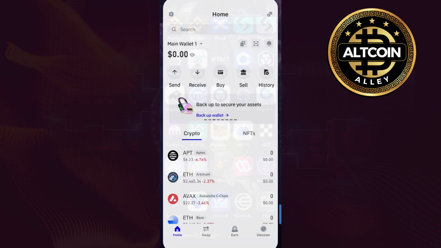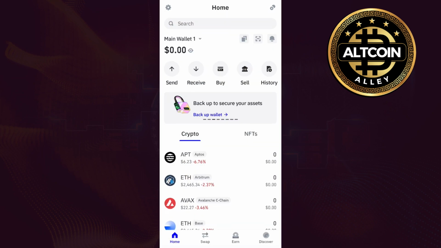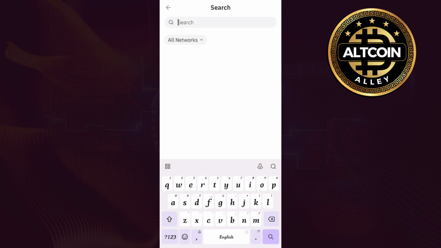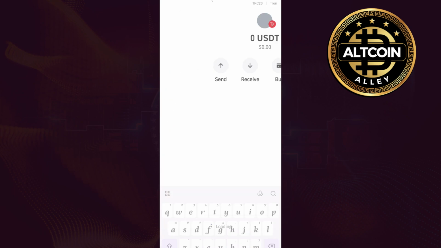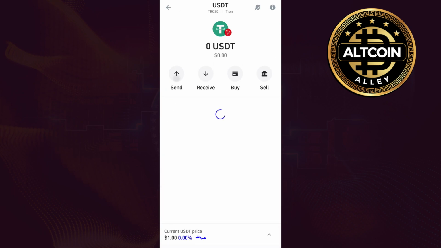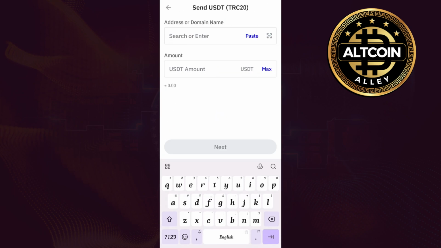exchange. For that, first of all, launch your Trust Wallet application and here use the search bar in the top and search for USDT. Now here you will be able to find USDT on various networks. Among these, you just have to select USDT based on the Tron network, which is the Trc20 network, and the icon of it would be red. So after selecting it, you need to press the send button and now it will ask you to provide the